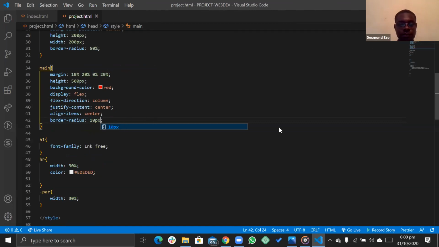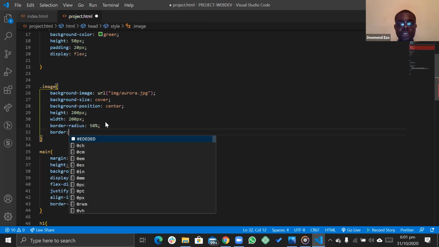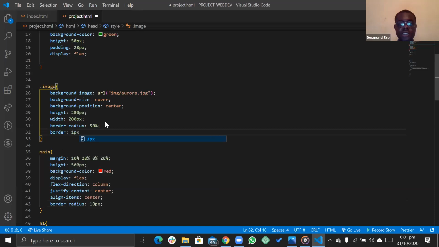The next thing we need to do is that image. You notice that the image has a blue line around it. We're going to specify this border. It should be some pixels thick, a solid line, and the color should be blue. We'll correct the color very soon. The color should be blue.